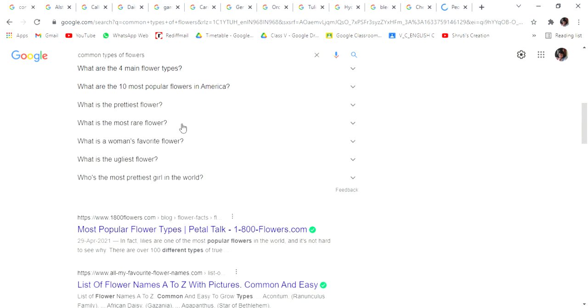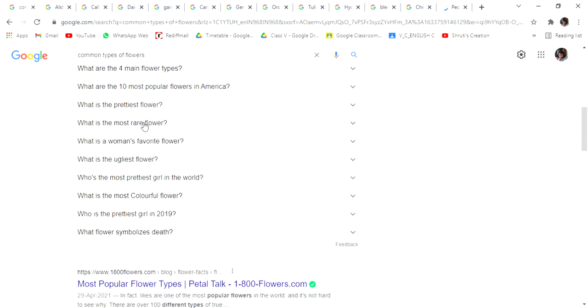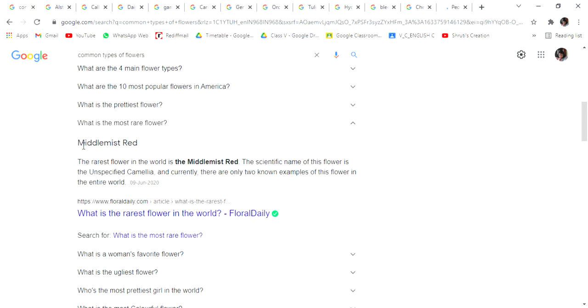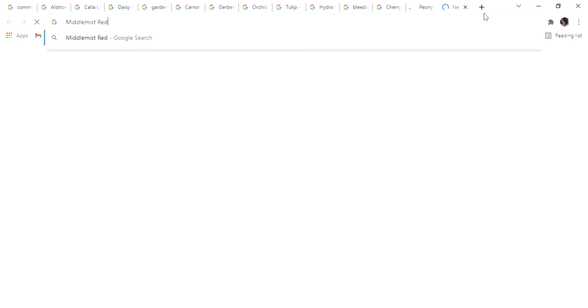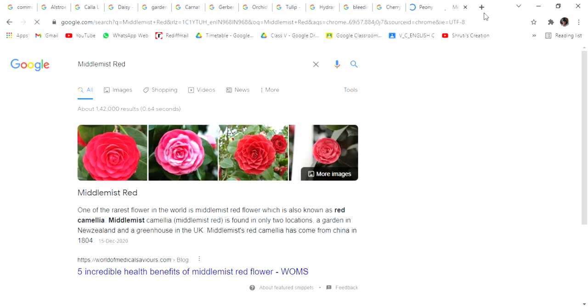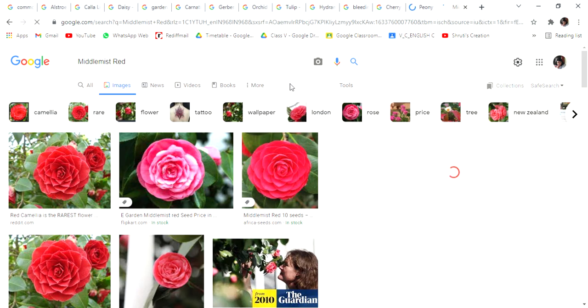Now these all flowers are a type of very hotel. It's like a good flower, but the most rare flower is Middlemist Red. Middlemist Red. What to tell you? It's a beautiful flower or not, you only see, but it's the rarest one. Finding this Middlemist Red is really hard, because all its petals are a type of triangle. It looks very beautiful when you see it.